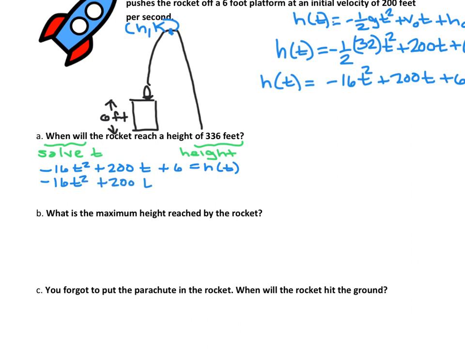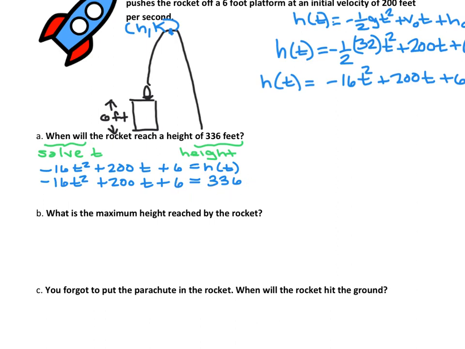And then I'm going to solve for t. So our output is 336 feet. And if we're going to solve for t, we could do that by factoring. We could do it by completing the square. We can use the quadratic formula. In any case, we're going to get that